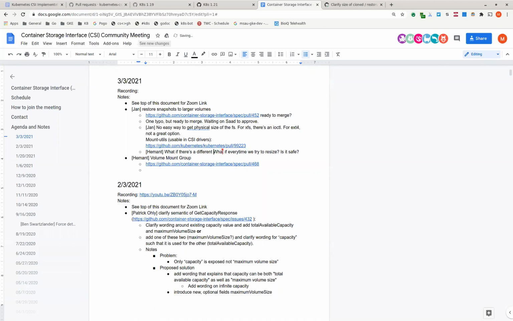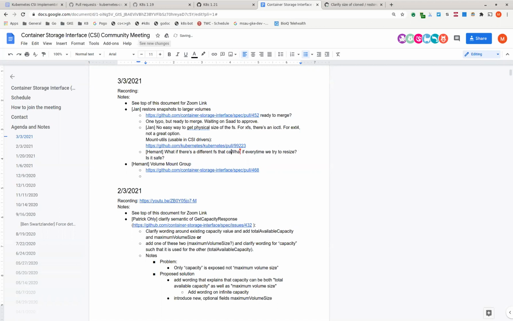But the driver knows the file system in the control plane when it creates the PV. Or I don't know actually. I know the PVC and all, but does the CSI driver know? FS type is passed in the volume capability for mount volumes. Yeah, but not the size, not the original size. Oh, I'm sorry. Yeah, I thought we were talking about a different subject. Never mind. I spaced out.